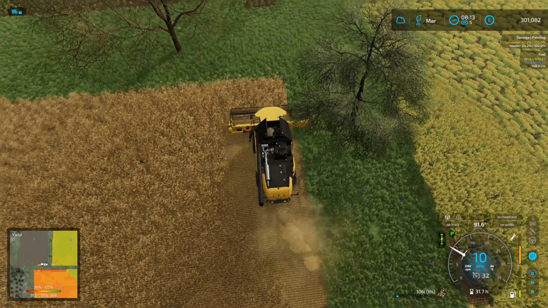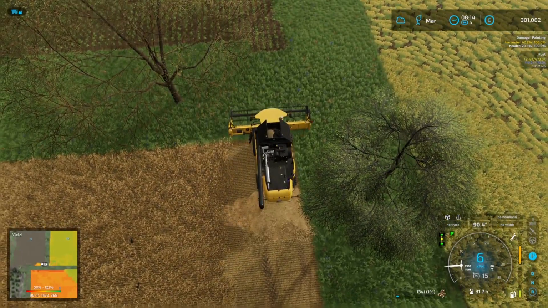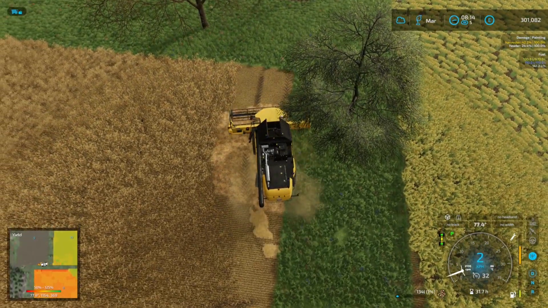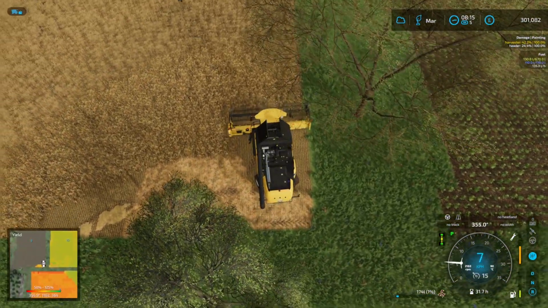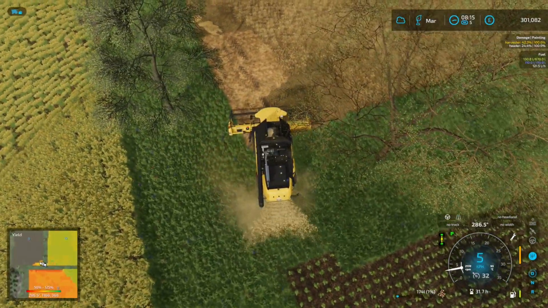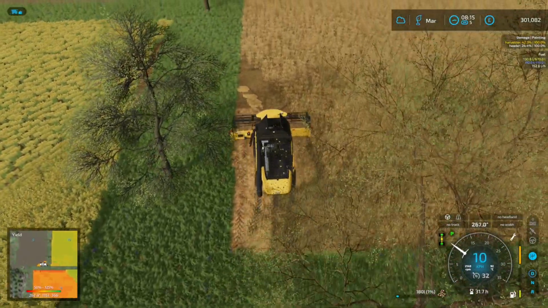Oops, I don't need the straw swath this time, so I think I'm gonna turn it off just to be able to move along. So we'll just end up plowing that little bit under, and we've got a little bit that dropped in the canola field, I see. I think we got like, I don't know, 10 liters off there at most, so not much, but